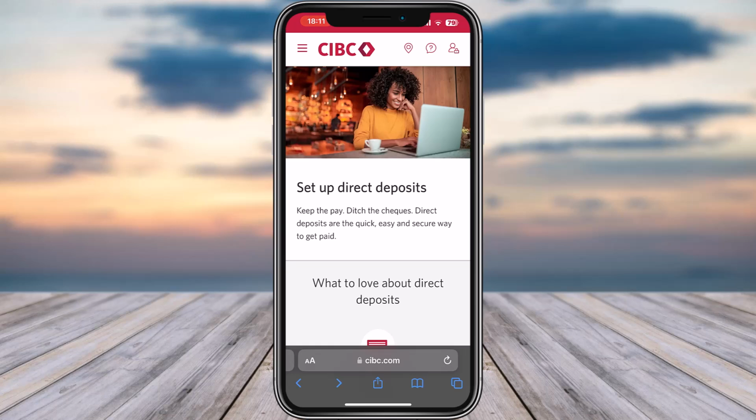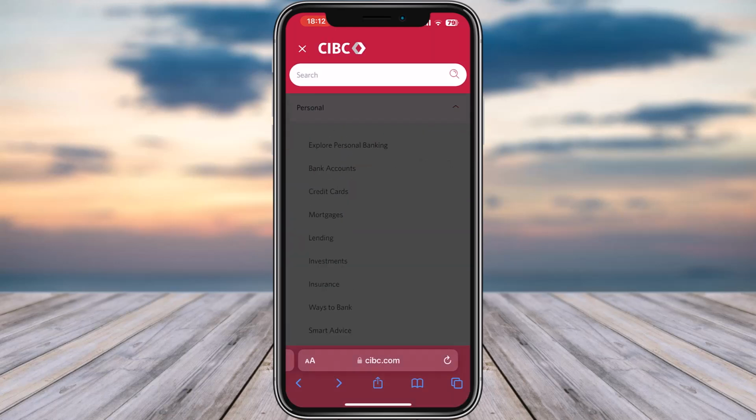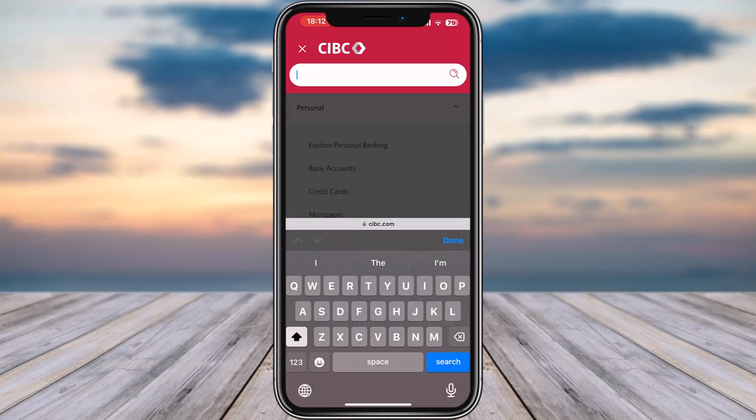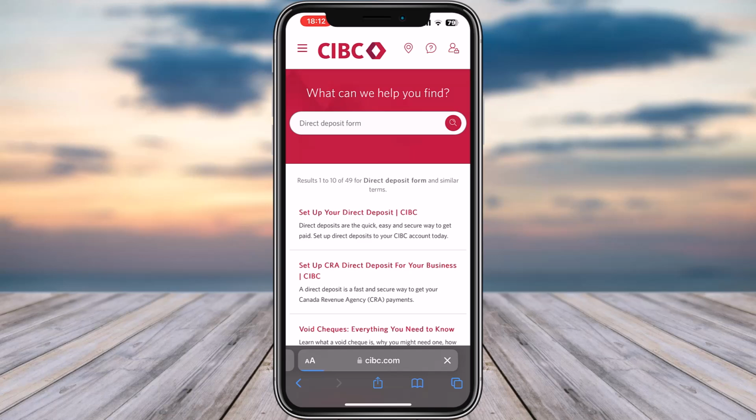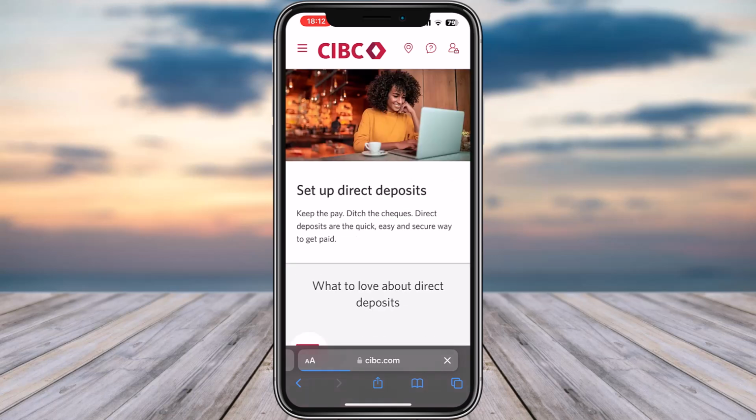So for that matter, I will recommend you go through your browser, because in the app you might not be able to find the option or access the form. So go ahead, open up your browser, type in cibc.com and get into the official website. Now tap on the three horizontal lines on the top left corner. Once you have done that, go to the search bar, type in direct deposit form and search it up. You're going to find the first option called set up a direct deposit, and then